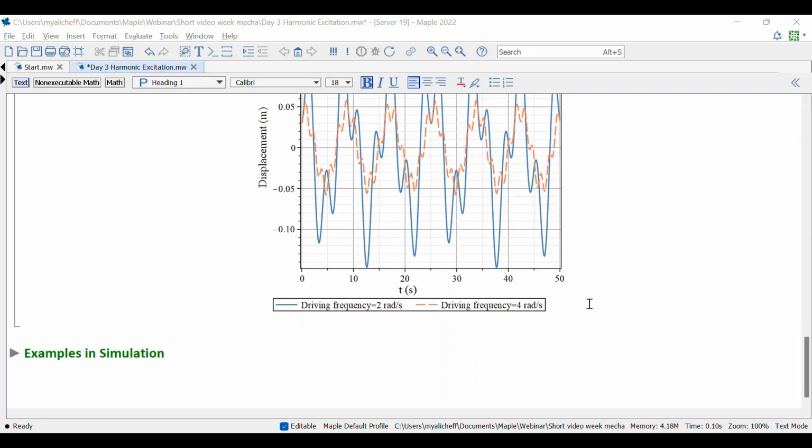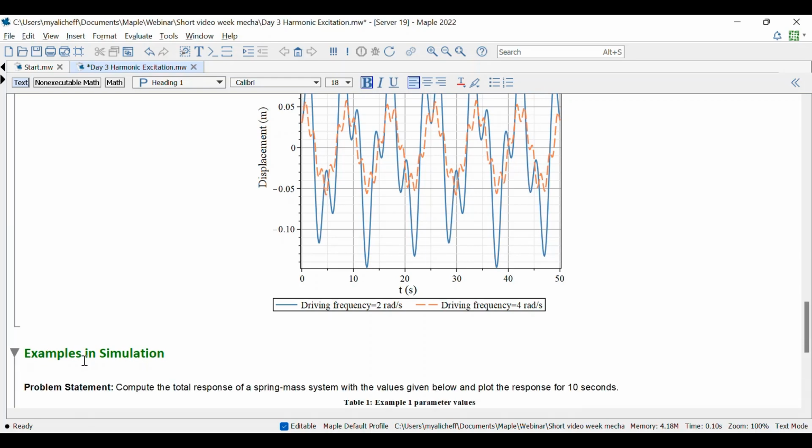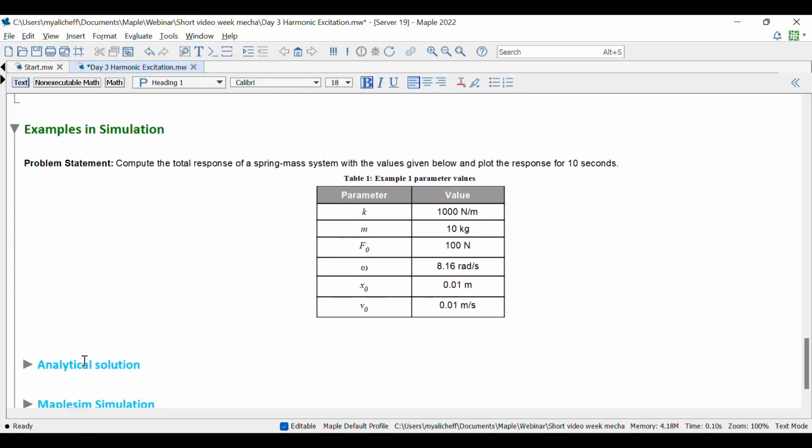In the next example, we will compare the analytical result with the resulting simulation in MapleSim. So we compare Maple and MapleSim. The example is simple. We have, again, a spring mass system, and we want to compute the total response of this system. I want to plot the result for 10 seconds. We have the known parameters here: K for the spring, 1,000 Newton per meter, the mass, the driving frequency, as well as the natural frequency, and